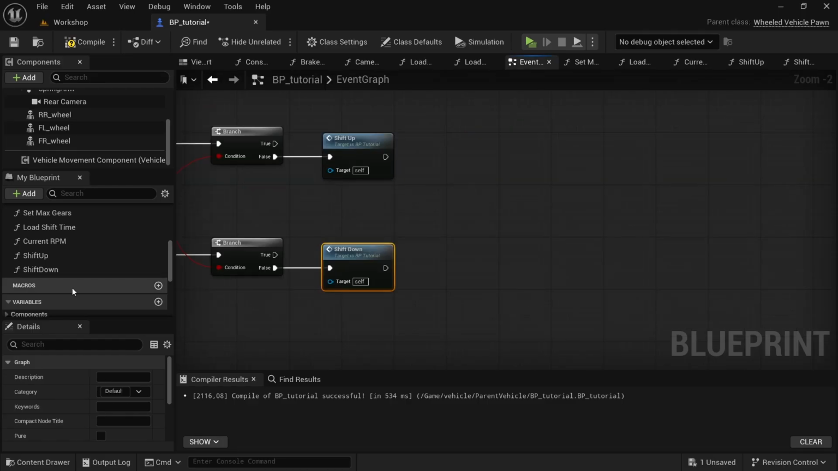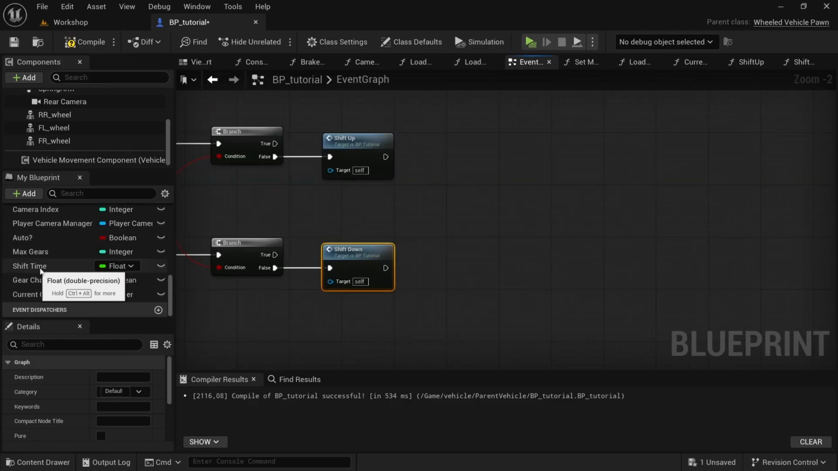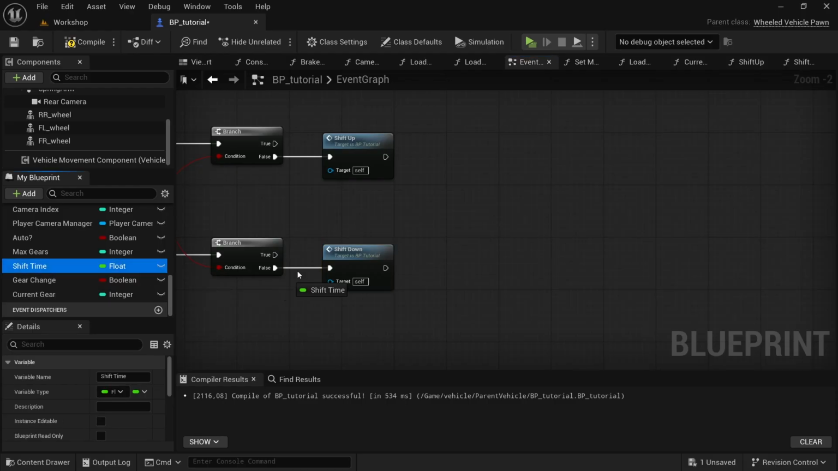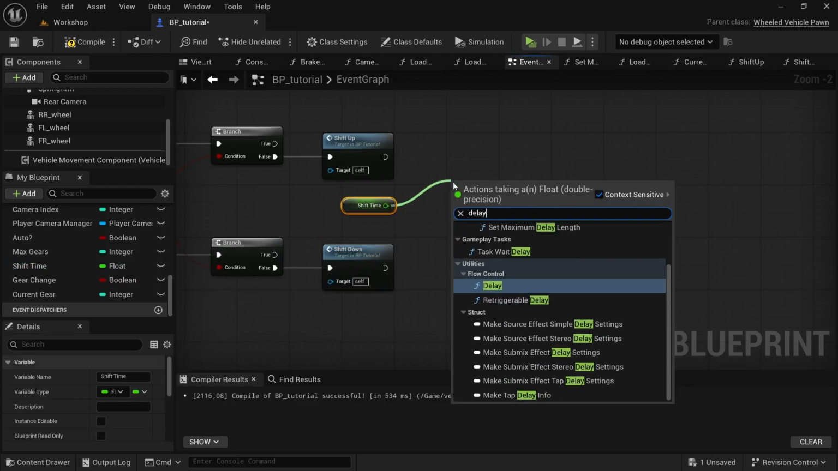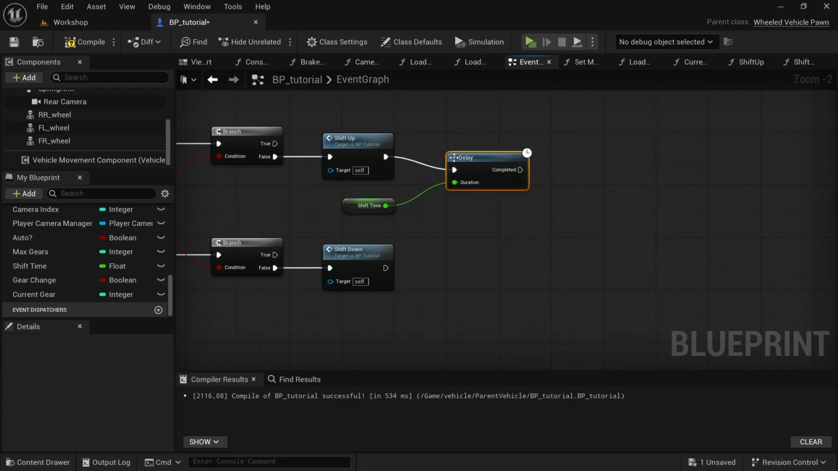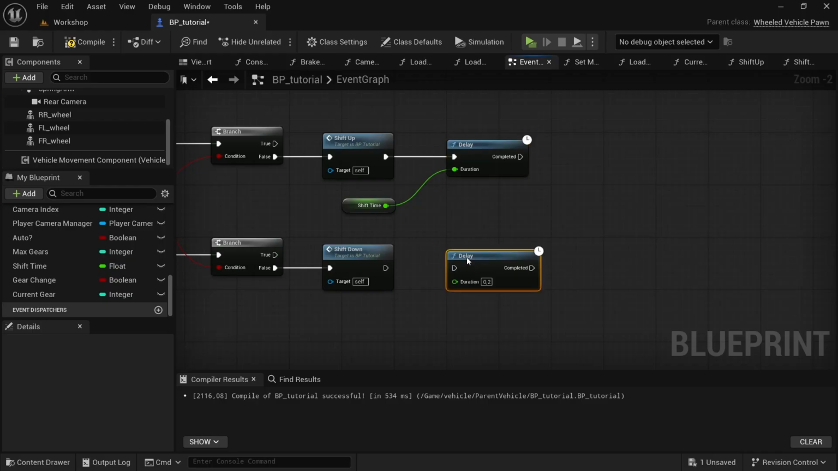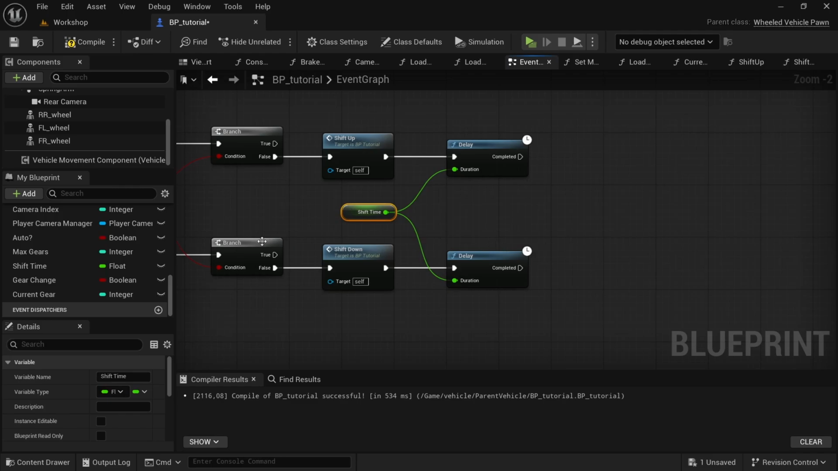And then from there, we're going to take the shift time variable, hold control, drag this in, drag off from there, going to look for a delay, then we'll connect this to the shift up. You can do the same for the shift down, so I'm going to do that. Control D, connect it to the shift down, connect the shift time to the second delay,